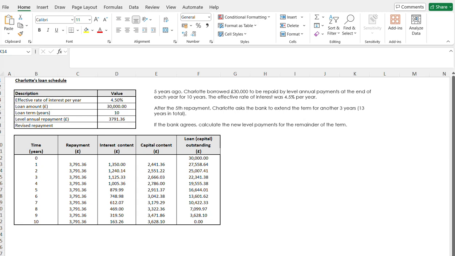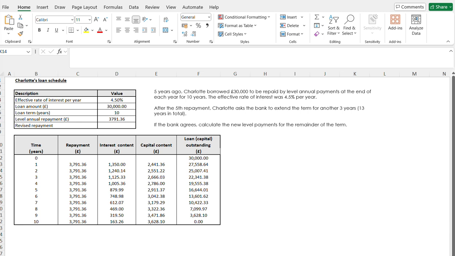Okay, so we're going to have a look at a loan schedule where an alteration is going to be made to it part the way through the term in which we're borrowing. Okay, so I've got four different scenarios of different types of alteration that can happen. So in this example here,